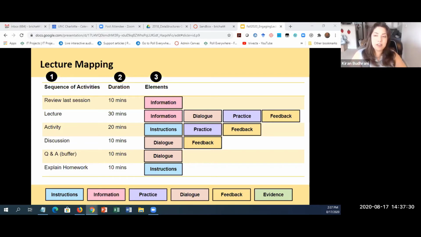Okay, so on the screen, you'll see as you look at the time elements, 10 minutes, 30 minutes, the longer it is, the more elements it might have. The shorter it is, the fewer elements it should have, ideally, right? That's almost logical, but definitely that will vary. So however you use this map is up to you. However you feel you found value in today's activities, up to you. But the point is to help you plan and prepare more intentional lectures and more interactive lectures for the fall.